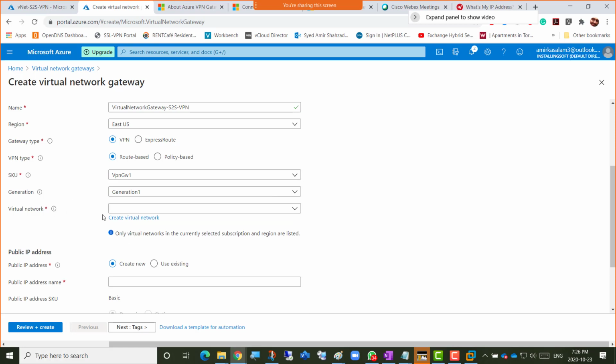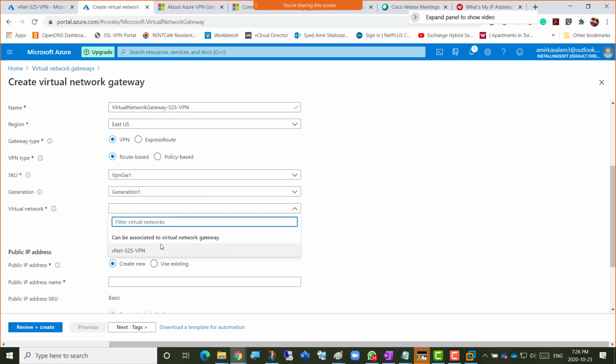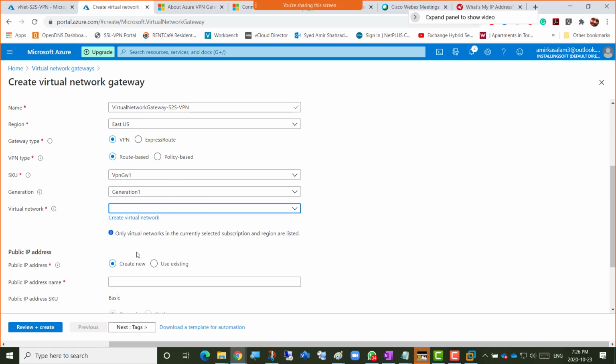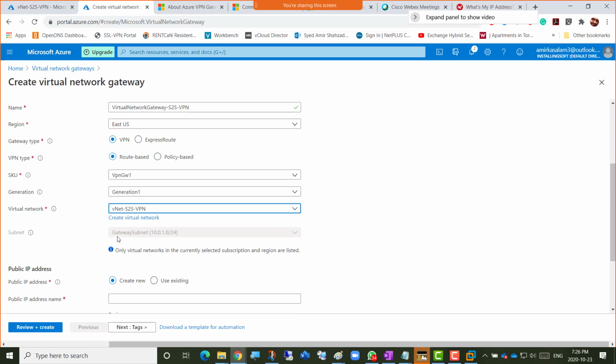So virtual network: which virtual network do you want this virtual network gateway to connect to? Obviously that is our only VNet we have, VNet S2S VPN. We select that, and you can see that automatically, without giving any more choices, it has connected to the gateway subnet. So the virtual network gateway is going to directly connect with the gateway subnet that we created. Obviously, if that subnet was not created, you can't have a site-to-site VPN connection configured in Azure. So it has to connect to a gateway subnet, so the VPN traffic can go to this VNet and all the machines inside this VNet. Okay, so if we go further down,